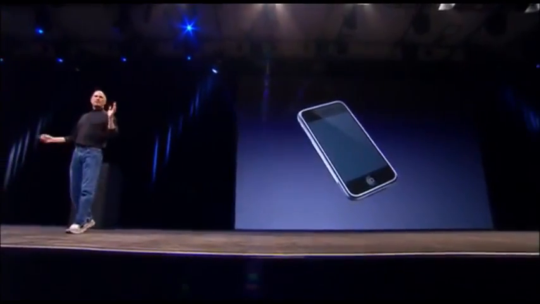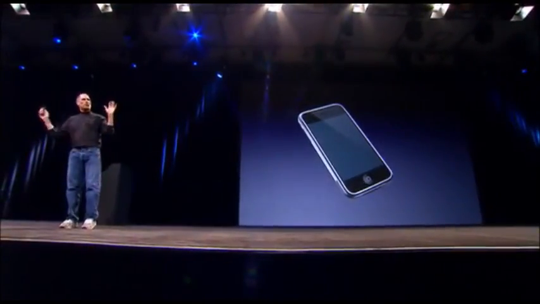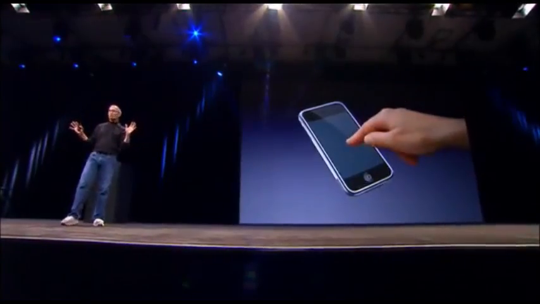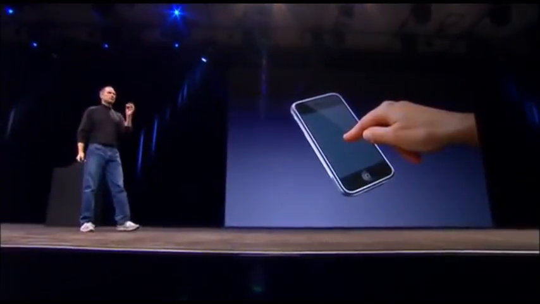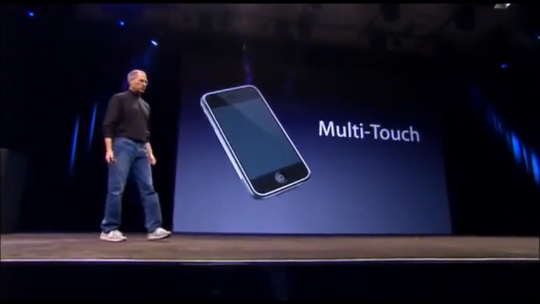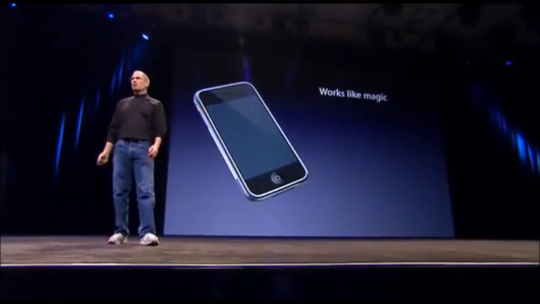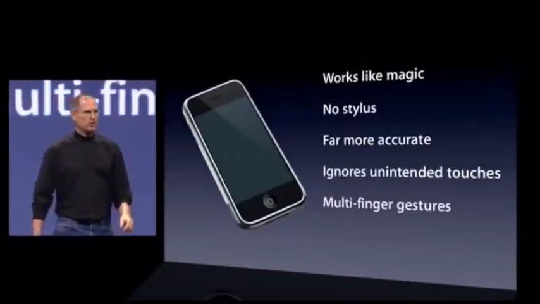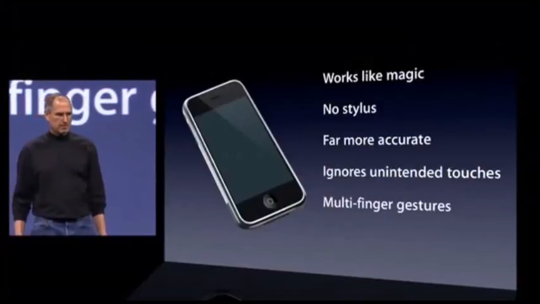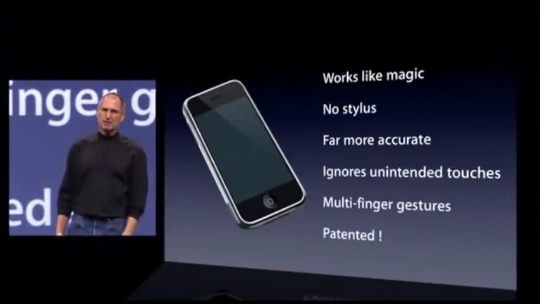We're going to use the best pointing device in the world. We're going to use a pointing device that we're all born with. We're born with 10 of them. We're going to use our fingers. We're going to touch this with our fingers. And we have invented a new technology called multi-touch, which is phenomenal. It works like magic. You don't need a stylus. It's far more accurate than any touch display that's ever been shipped. It ignores unintended touches. It's super smart. You can do multi-finger gestures on it. And boy, have we patented it. So